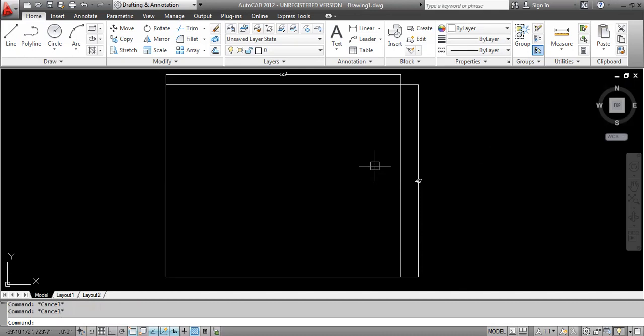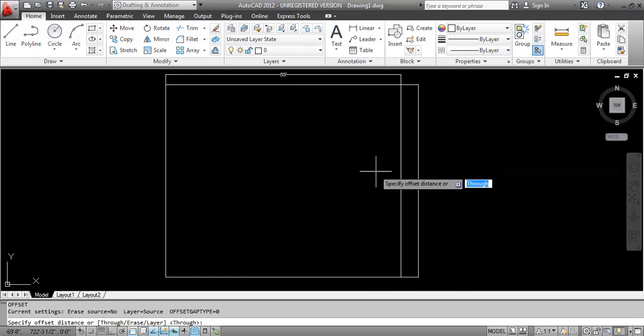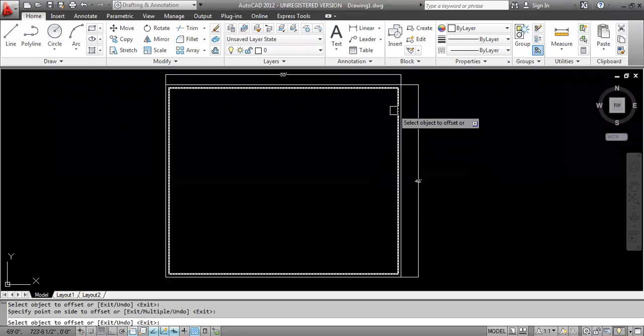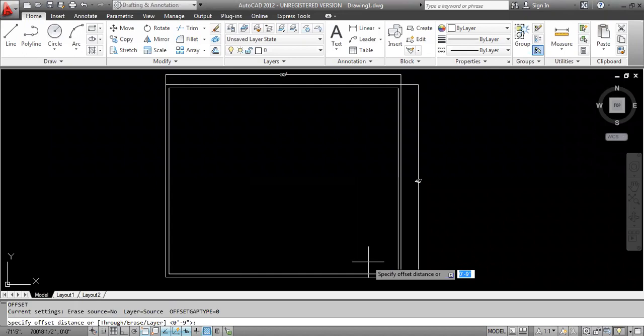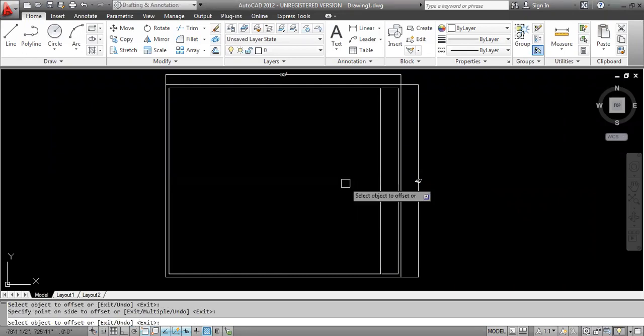Now in this, last time in meters, how much did we give for the outer wall size? 0.25. In this we are giving 9 inches. Outer wall size 9 inches. Now we have to separate these lines by using the explode command. X enter. See, now it's separate. Now I am taking offset 4 feet from here, and from here.